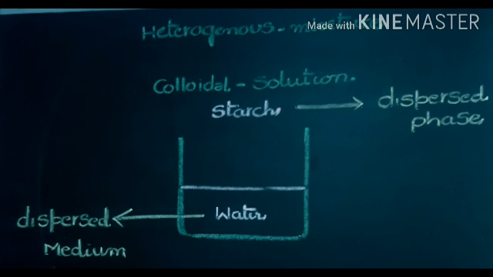Of course, if you compare with the homogeneous mixture, if you compare with the true solution, dispersed phase properties almost all compare with the solute and dispersion medium compares with the solvent. Once again, dispersed phase is the internal phase. Dispersion medium is where the colloidal particles are suspended. Here, colloidal particle size is between 10^-7 centimeters to 10^-4 centimeters, or 1 nanometer to 1000 nanometers. Best example, egg albumin,